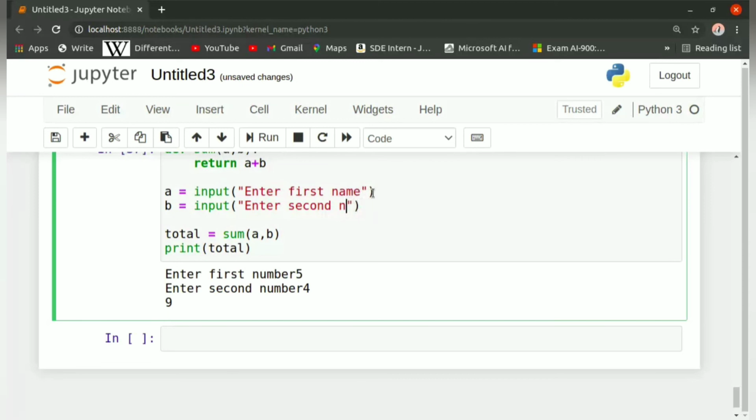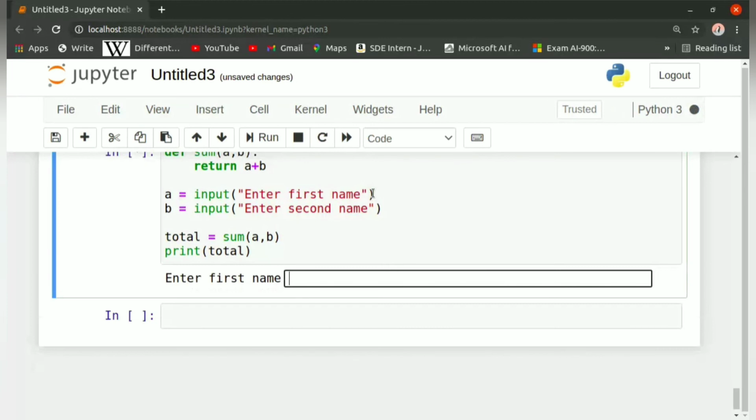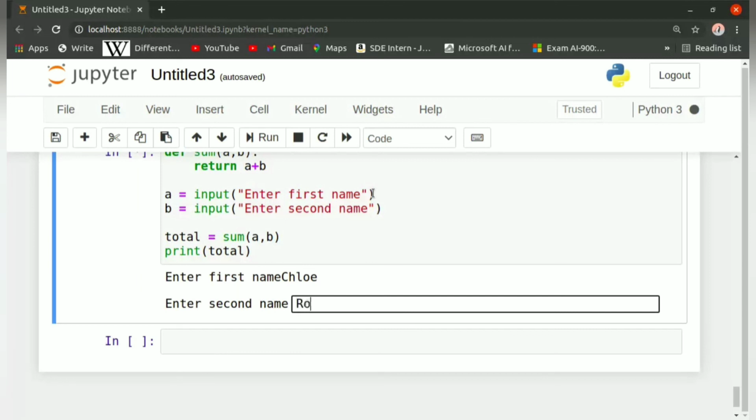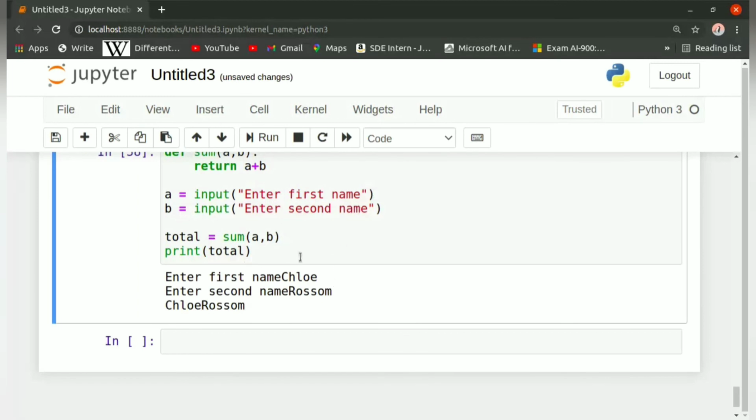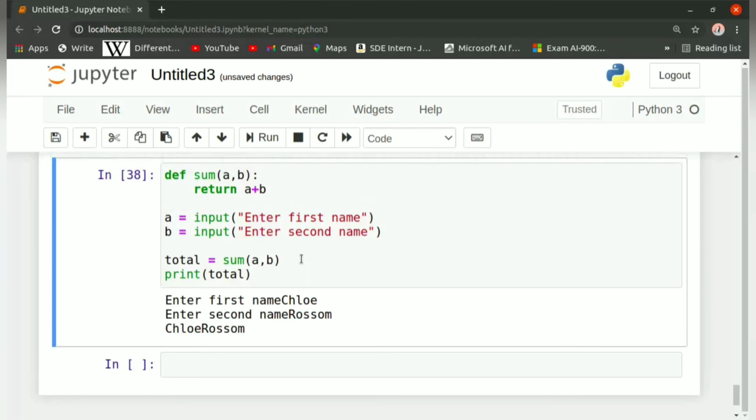Let us run it again. Let's say first name is Chloe and last name is Rossum. So the output must be Chloe Rossum. It is concatenating the strings too. So this is how we use the function for multiple parameters.